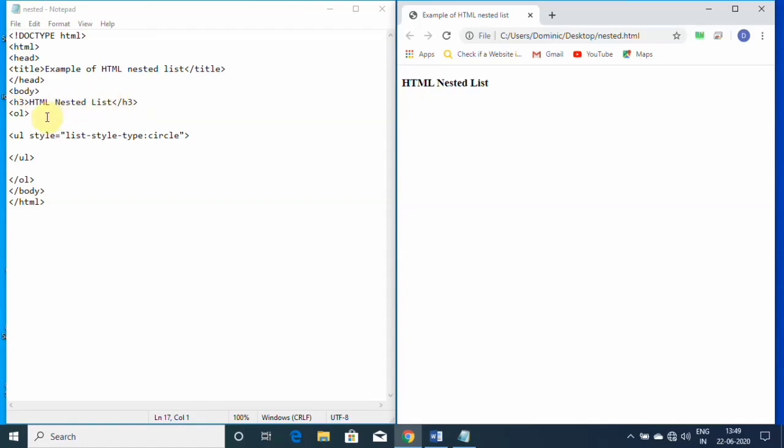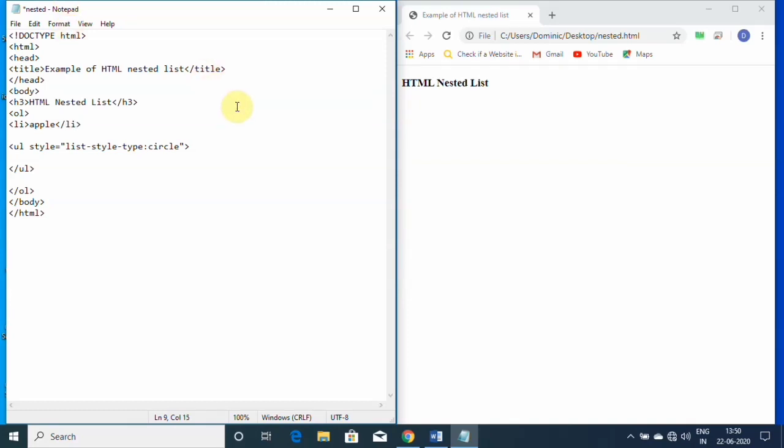By using the OL tag, you can create an ordered list. Once again, we'll see how to create an ordered list. Now I'll show you how to create an ordered list. The OL tag you have to use. In the OL tag, you have to use the li tag and the name of the item which you are going to create. For example, I am going to write here apple, APPLE. Then close the li tag.